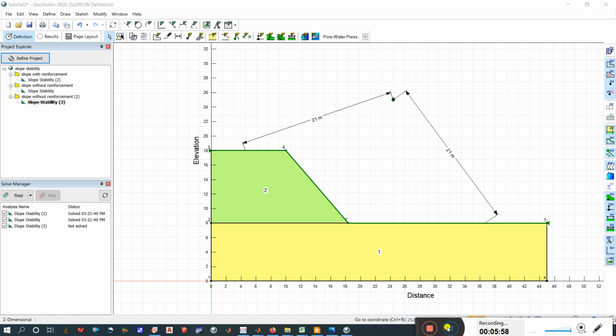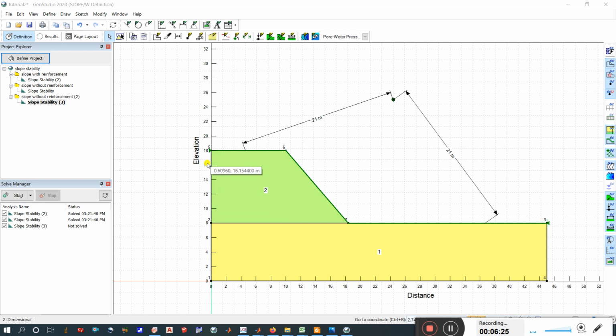After closing it, our material is defined. You can see the colors, and you can turn the color off from here, but it's better if you turn it on. And if you are wondering how I have drawn these lines and so on, the option is available here: sketch align dimension, and the second one is sketch text.